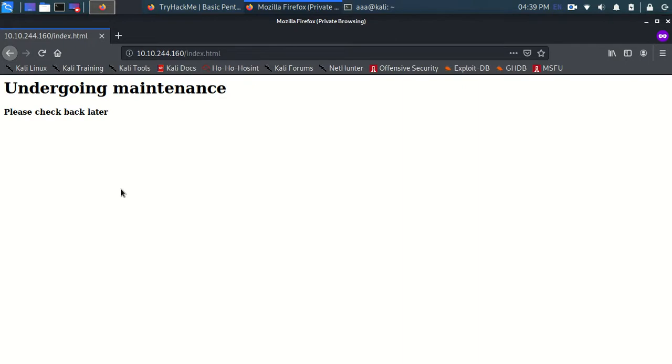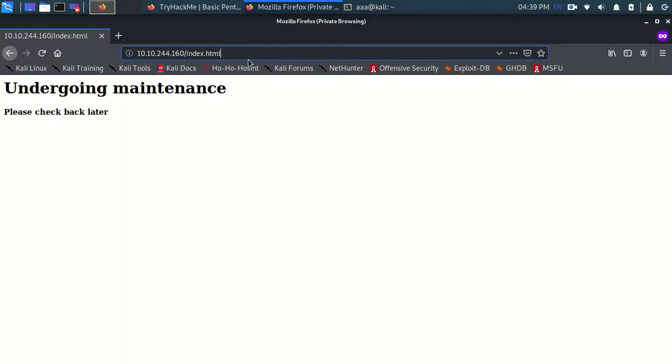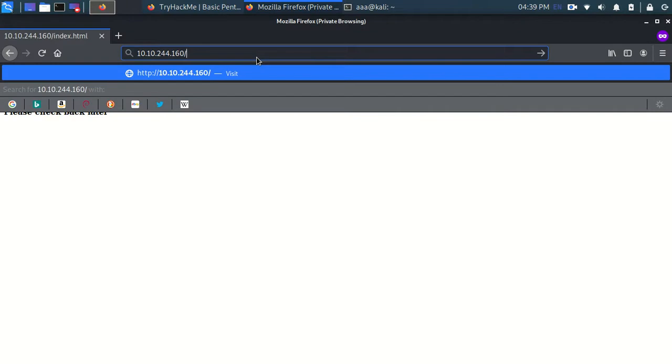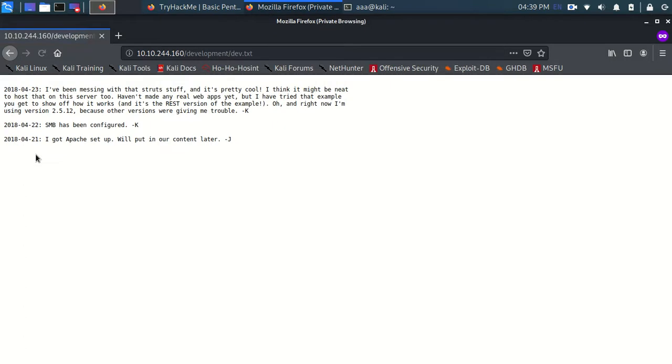Now I'm going to try this page, and I'm going to type Ctrl+Shift+C to copy this, and I'll paste it over here by Ctrl+V, and then I'll press enter, and yep, we came inside a hidden directory which was not seen before.